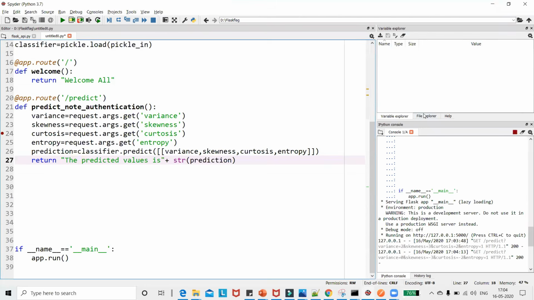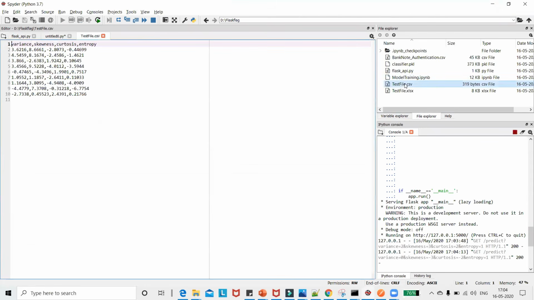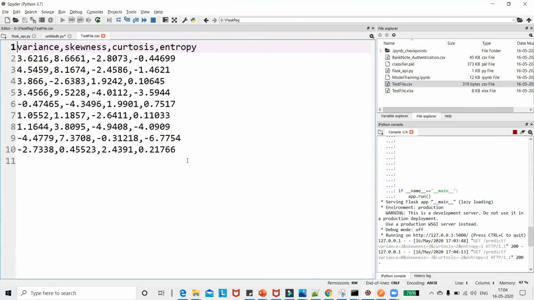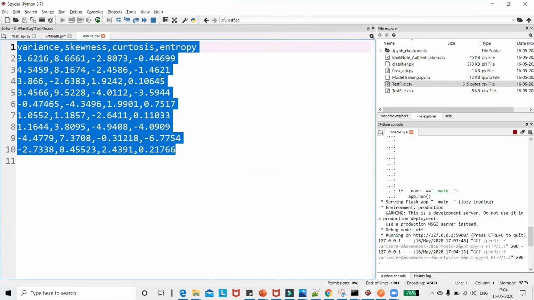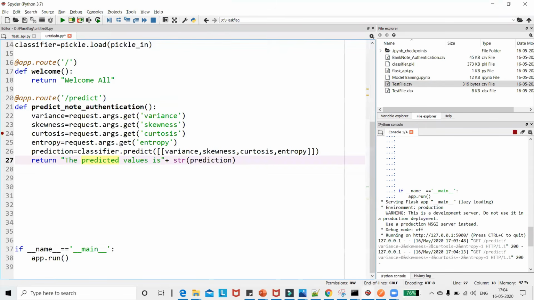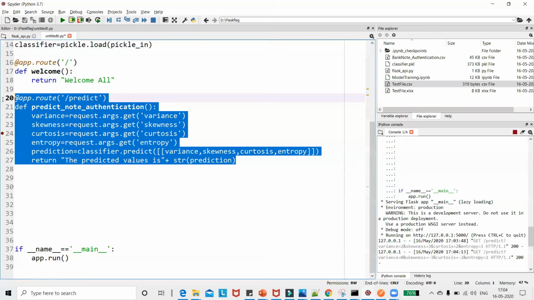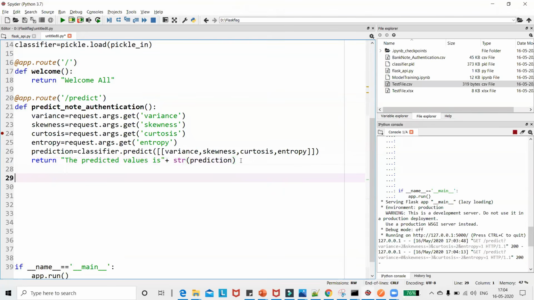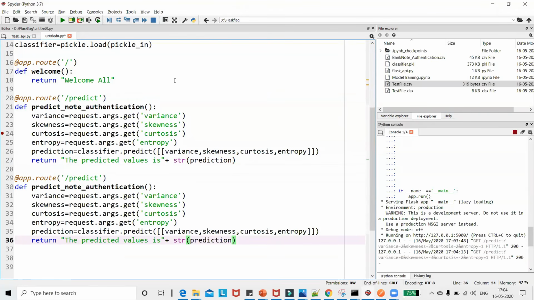One thing that I have done, guys, is that I have also taken one test file. If I open this test file, you see it has some test data present inside, and we'll try to test what the classes will be for this test data also. So let's go ahead and do it. For that, I'm just going to copy this and paste it over here. This will be another function, and here I'll write predict underscore file. That basically means I am going to pass my file, and then all the values should get predicted.